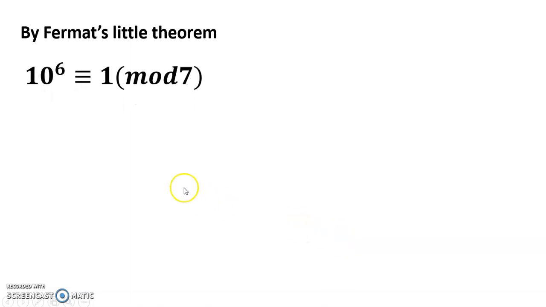So friends, by Fermat's little theorem, 10 to the power 6 is equal to 1 mod 7. Because friends, everyone knows what the Fermat theorem is. I have already discussed it. So now I will try to say what the Fermat little theorem is. Fermat's little theorem is that